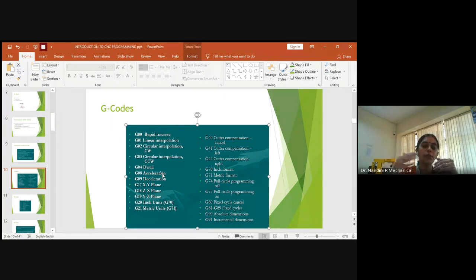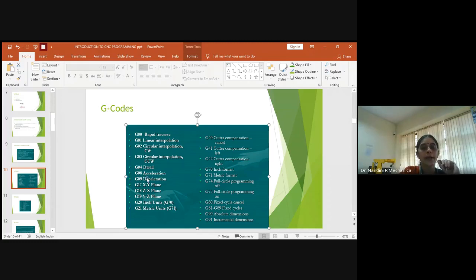If you're doing the operation continuously, the tool also gets heated sometimes, so you need to give a gap in between. For all such requirements where you need a pausing time, you will assign the dwell time so that it will be in a state of pause at that particular operation.